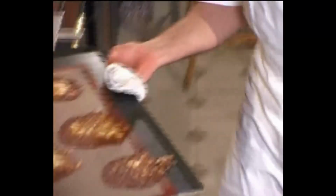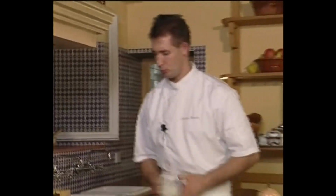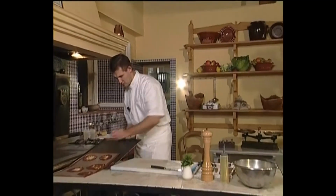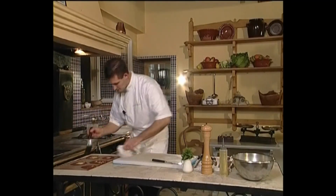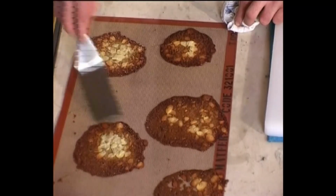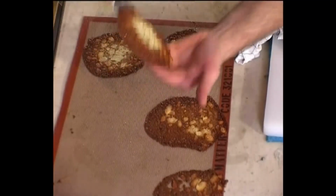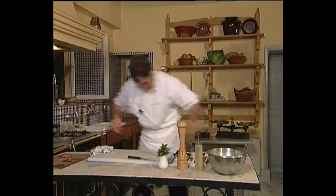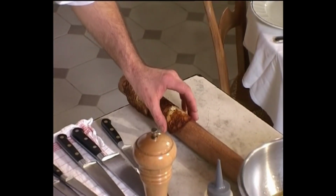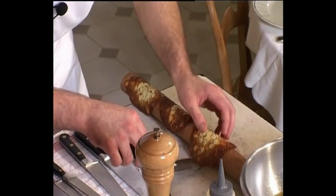The orange cookies are done, so I take them out of the oven. I set them to cool a little bit. You have to be very gentle here in order to avoid breaking them. And we let them harden for 2 or 3 minutes,